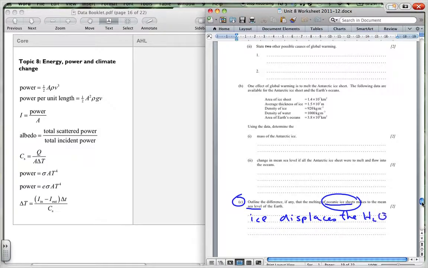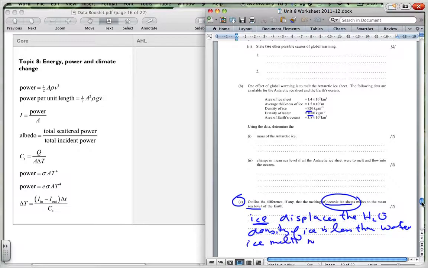Most of the ice is actually underneath the surface. 9/10 is underneath the surface, and as you can see, your density is about 9/10. So in actual fact, because the density of ice is less than water, it floats. So about 9/10 is underneath the water,